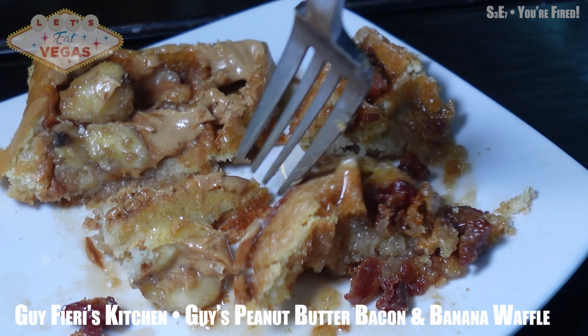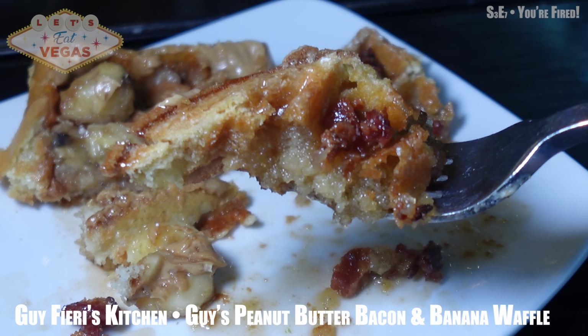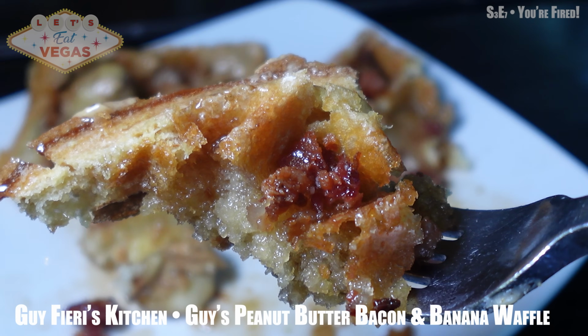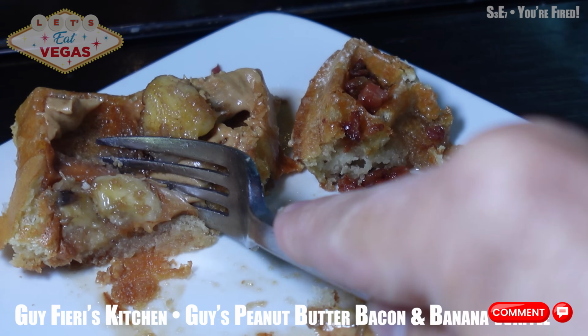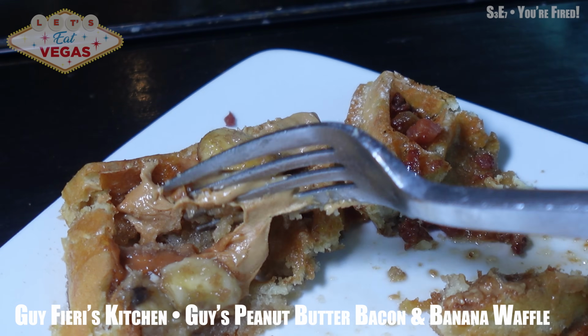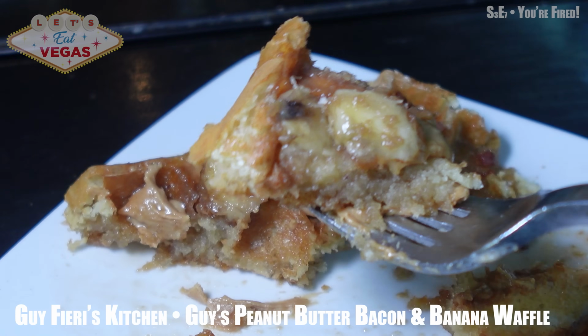Here, Guy Fieri gives that rock and roll combo a playful spin. The waffle is light and airy, the kind that's so good it could stand alone with just syrup. The bacon steals the show, sweet, crispy, almost like pork candy. The second waffle is topped with peanut butter and banana, and while it's interesting, the flavors blend a little too much for me. I don't hate it, but the waffle itself is the real star, and I felt the other